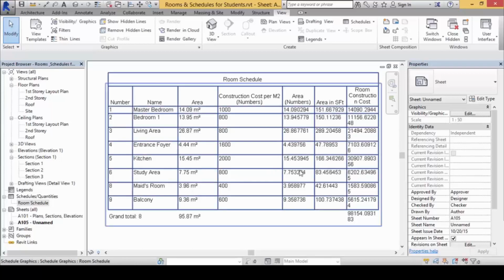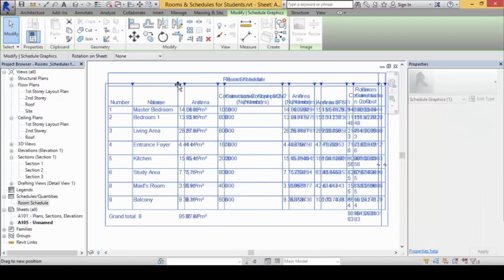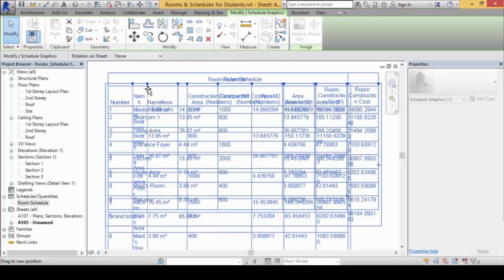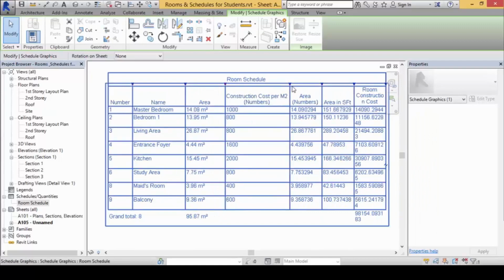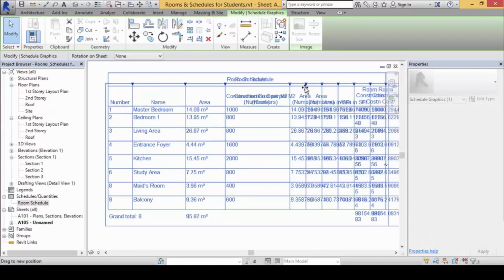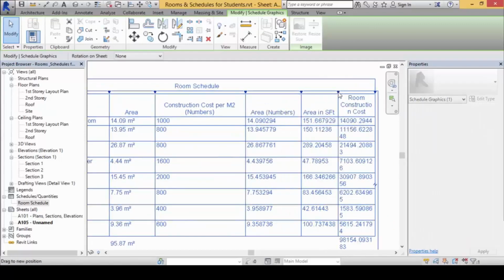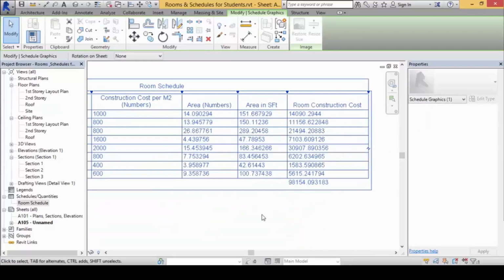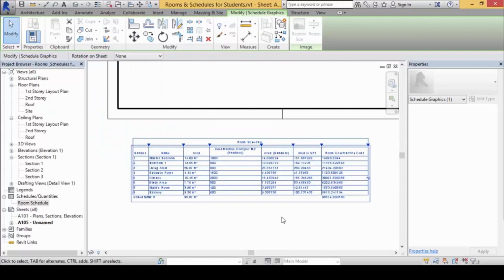Next, we need to do some form of sorting to it. The words are being truncated here, which is not good because we could have given it more spacing by dragging. Notice this, if I force it really close, the rows become thicker. So I'm going to drag it longer and open this up a little bit more. The area numbers also, I will stretch this way. So the table now appears shorter this way.